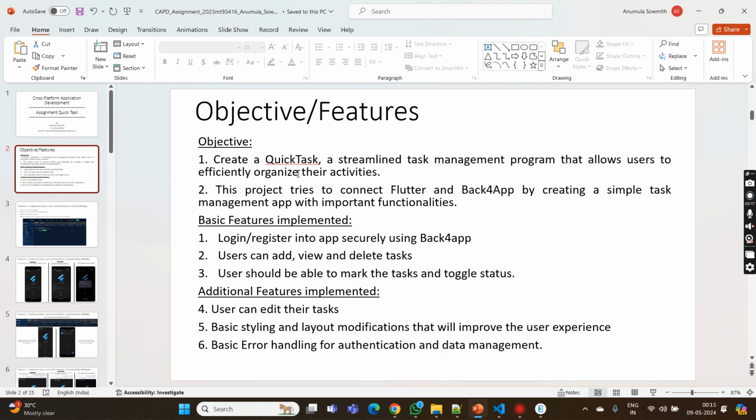This is regarding the quick task assignment developed as part of the cross-platform application development subject. As part of the quick task, I have developed an app which allows users to effectively organize their daily activities on a day-to-day basis. This project connects the Flutter code base with the Back4app for simple data management and authentication